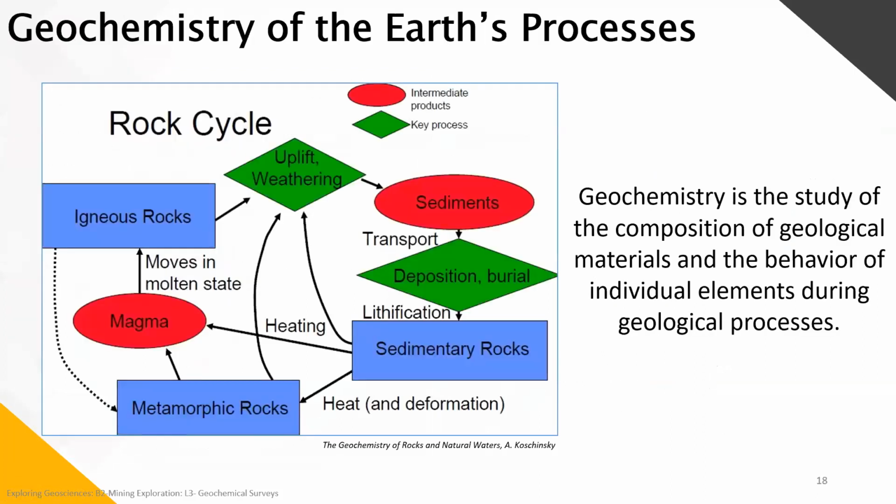The geochemistry of the Earth's processes, what we need to understand, as we've seen in the first lessons, is that geochemistry is the study of the composition of geological materials and the behavior of individual elements based on any geological processes as seen within the rock cycle. So an element between the sediments, its deposition into a sedimentary rock, when it is reheated and deformed, becoming metamorphic rock, and moving on to magma, being reheated to a molten state to igneous rock, and weathering, the geochemistry